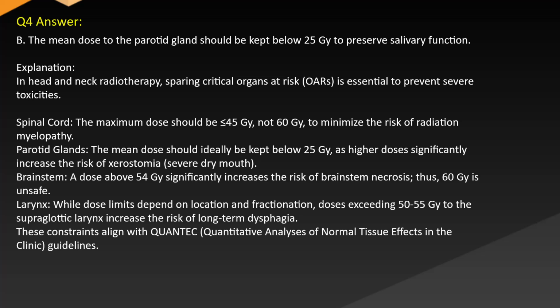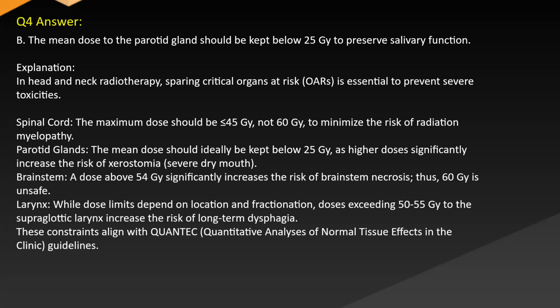Answer: B. The mean dose to the parotid gland should be kept below 25 Gy to preserve salivary function. Explanation: in head and neck radiotherapy, sparing critical organs at risk (OARs) is essential to prevent severe toxicities. Spinal cord: the maximum dose should be 45 Gy, not 60 Gy, to minimize the risk of radiation myelopathy. Parotid glands: the mean dose should ideally be kept below 25 Gy, as higher doses significantly increase the risk of xerostomia,